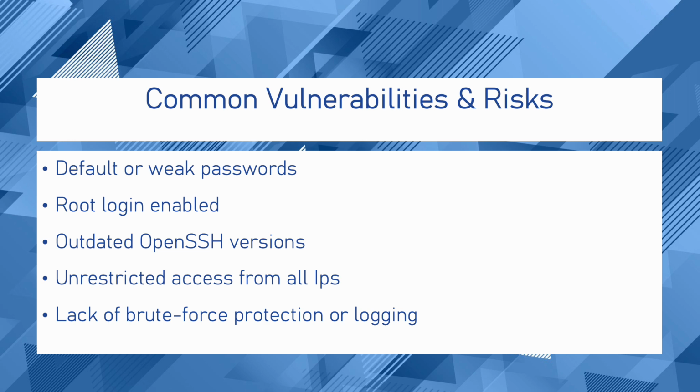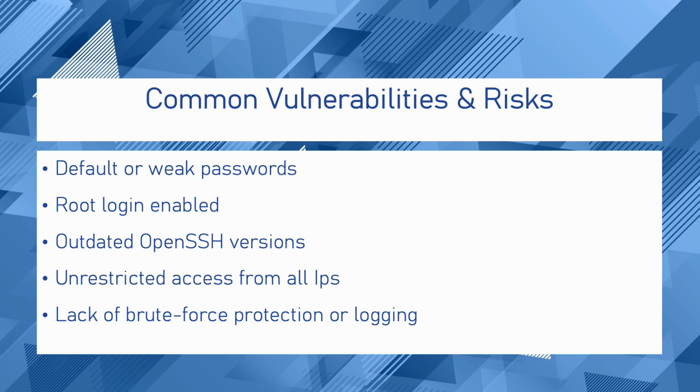One of the most common risks is the use of default or weak passwords. Attackers often run automated brute force scripts that continuously guess passwords on port 22 until they find a match. If root login is enabled, which it often is by default, the attacker doesn't even have to guess the username. Outdated versions of OpenSSH also present risks. Older releases may contain vulnerabilities that have been patched in newer versions, so failing to update regularly can leave a